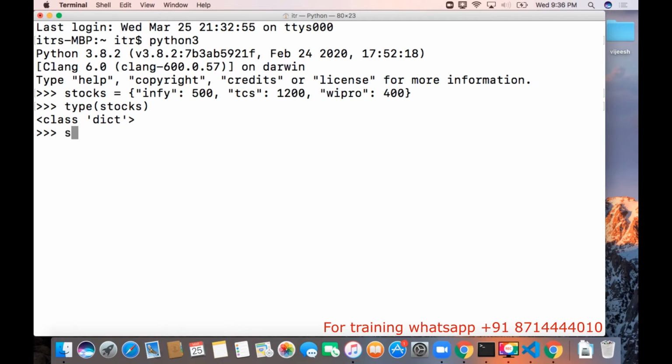To get keys, there is a function called keys. Okay, so we can use stocks.keys. Keys is a function available in dictionary using which we can get the keys. Okay, so here, these are the keys. Now how do we get values? We can use a function called values,